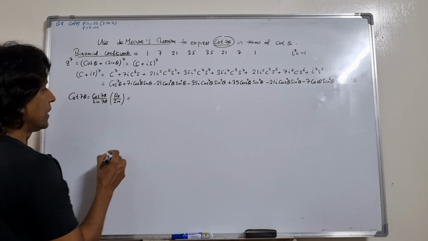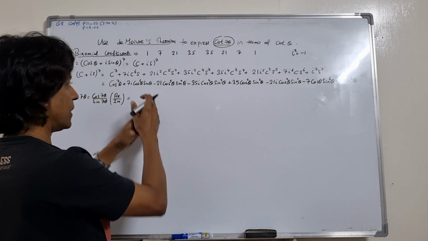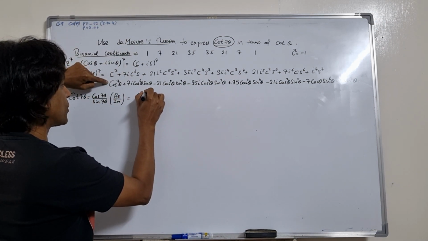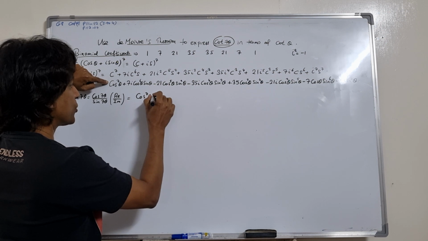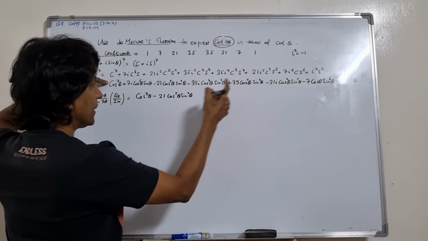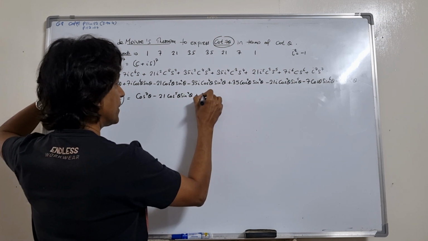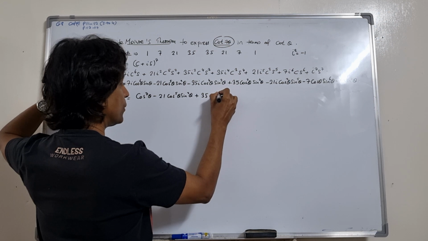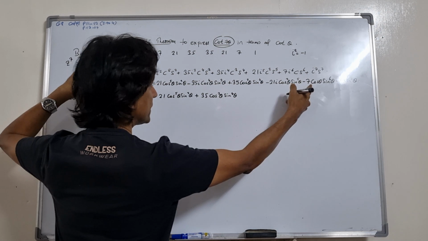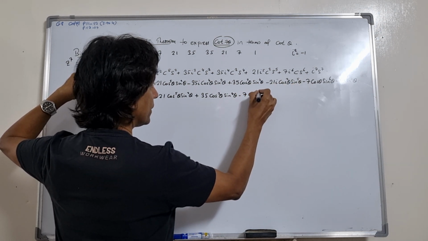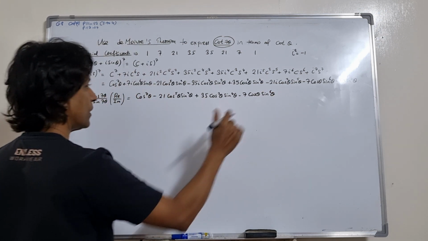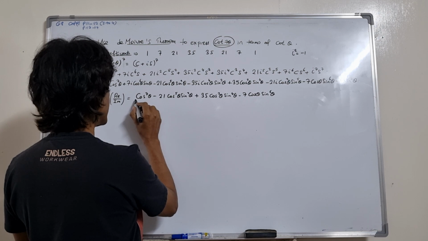So the real part are those terms that haven't got i in them. So I've got cos to the 7 theta minus 21 cos to the 5 theta sine square theta. Then I've got plus 35 cos cube theta sine to the 4 theta, minus 7 cos theta sine to the power 6 theta. Now that's my real part. And all of that is going to be divided by